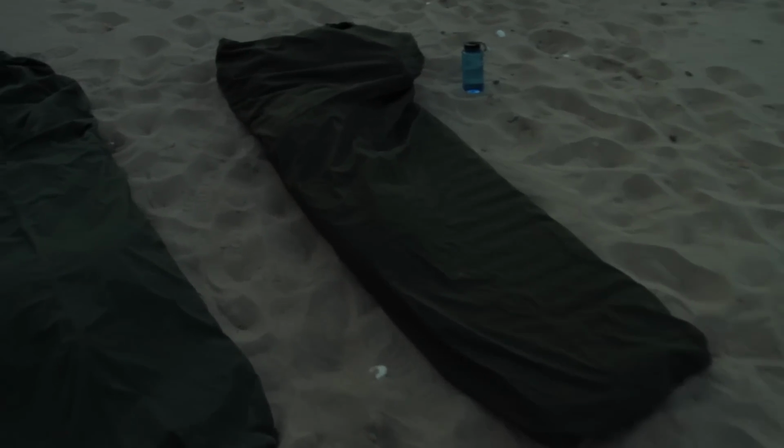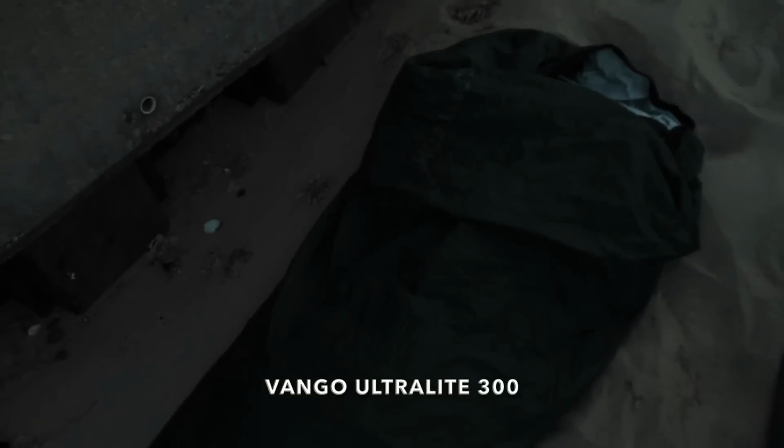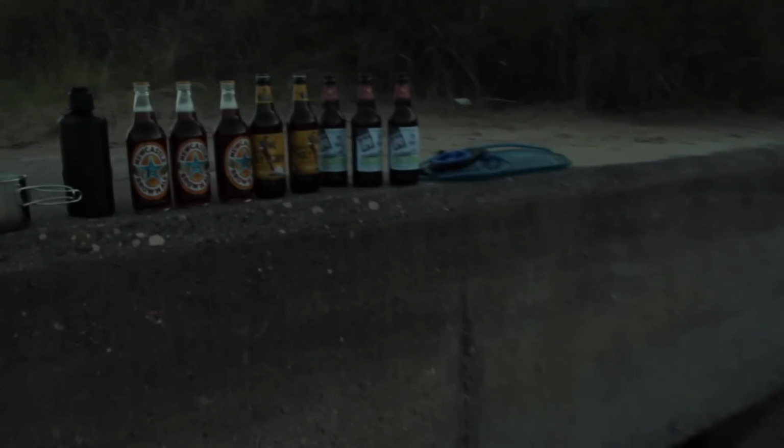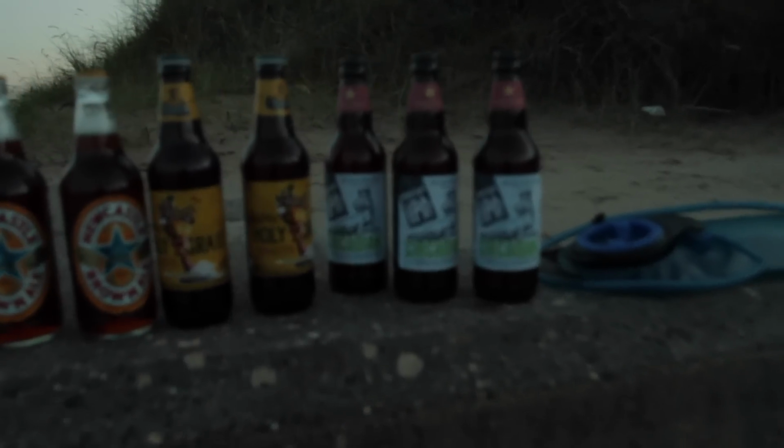There's Jay's setup, right in the middle there, now next to the wall. Going to have the drone just down there because I'm security conscious. We've got the Alpkit Hunka XL once again, and I've got the, what is it, the Vango Ultralight. I'll have to put it on screen now what it is, but it's the summer sleeping bag. We've got a selection of finest ales